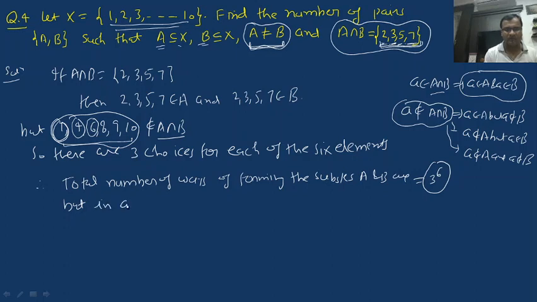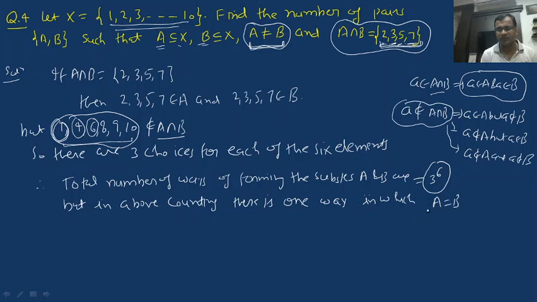In our counting, there is one way in which A becomes equal to B. That is